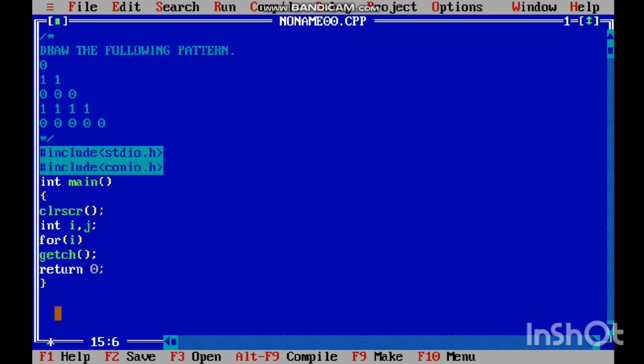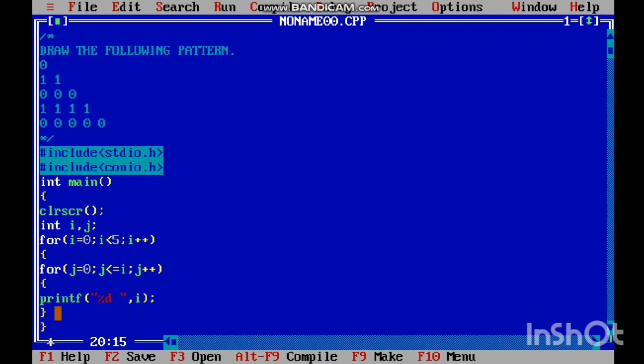So firstly we create the outer for loop, and we initialize i equals to 0 and check the condition i less than 5 and increment i by 1, because the number of rows equals 5. Inside the outer for loop we create another for loop, that is called the inner for loop, and in this inner for loop we initialize the j variable to 0 and check the condition j less than or equal to i and increment j by 1, because the inner for loop is used to form the rectangle triangle pattern,